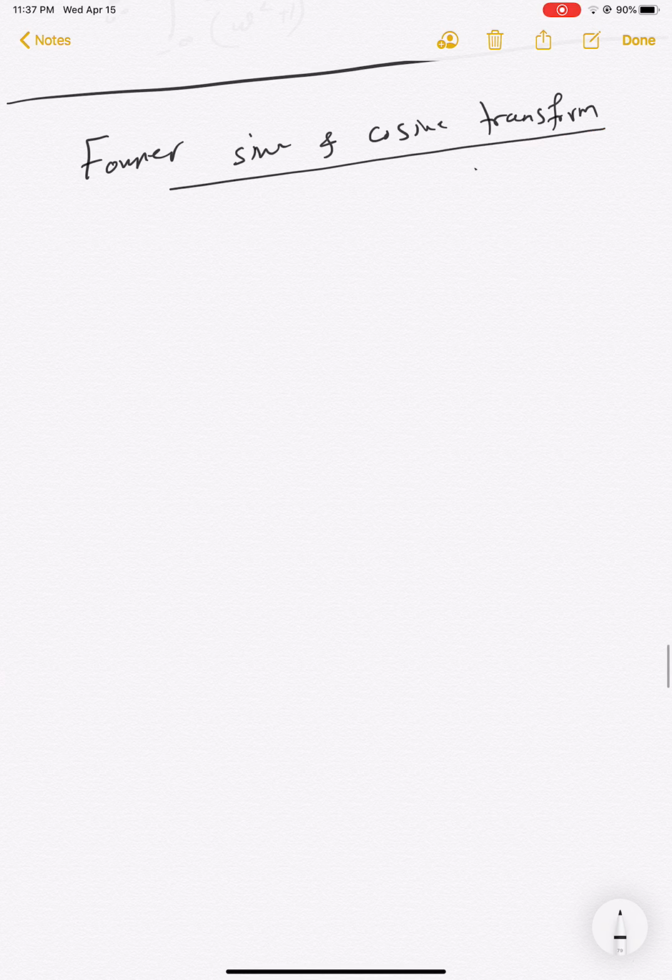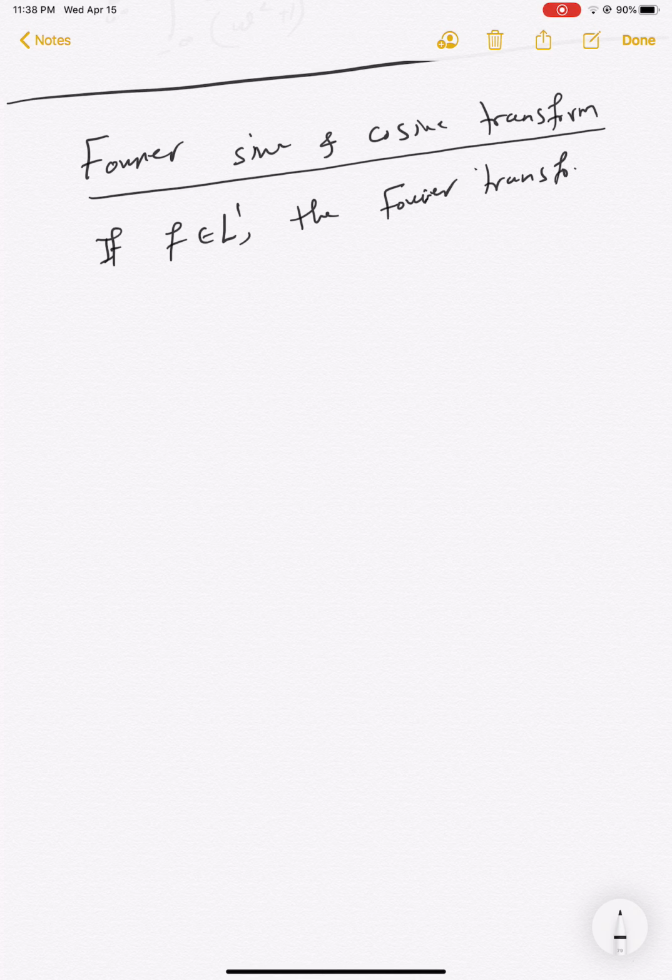So we continue today with Fourier transform, and we start Fourier sine and cosine transform. Just to remind you, because this is our motivation, what was the Fourier transform. Remember, if you have a function that's integrable, this is the notation for integrable functions, then the Fourier transform